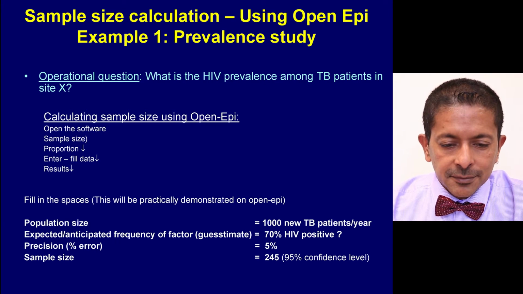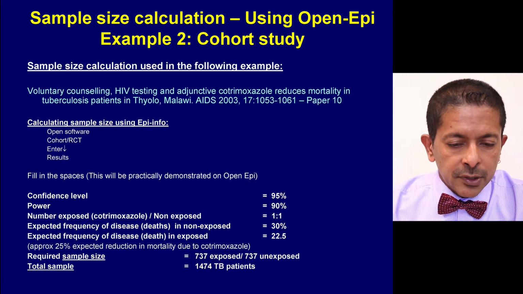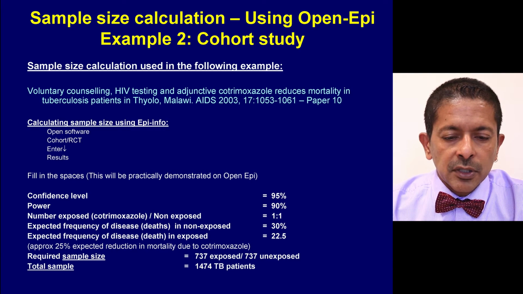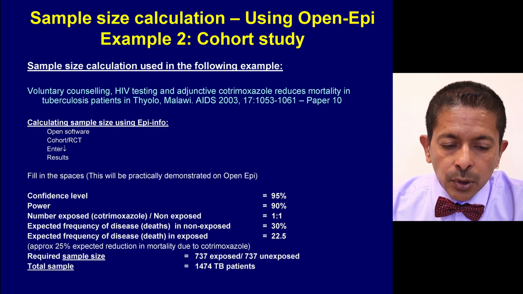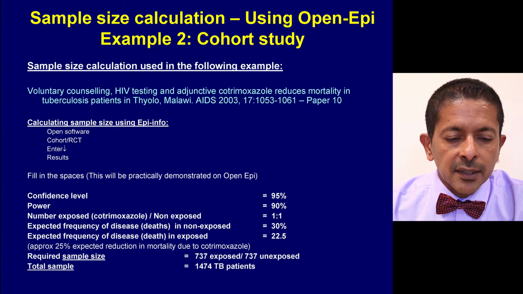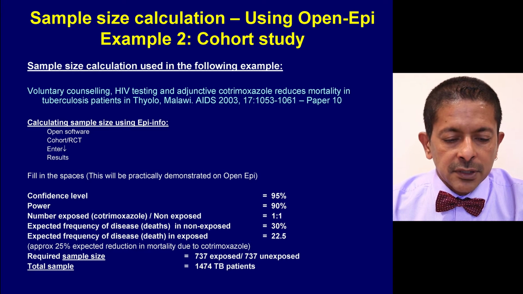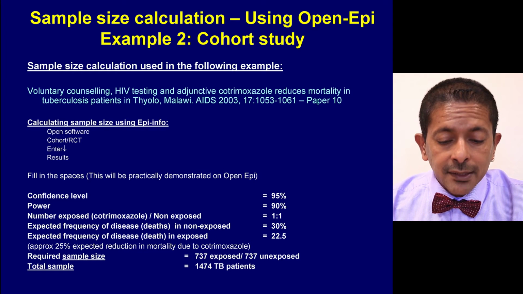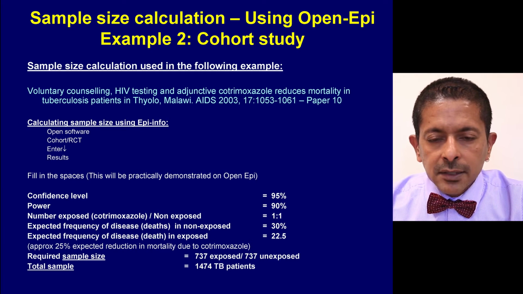Try that yourself. You can also do sample size calculations using OpenEpi for cohort studies. Please go through this. You can open up your OpenEpi. You go to cohort or randomized controlled trials, RCT, and you enter these different results. Try it, and if you got it right, you should have the required sample size of exposed and unexposed